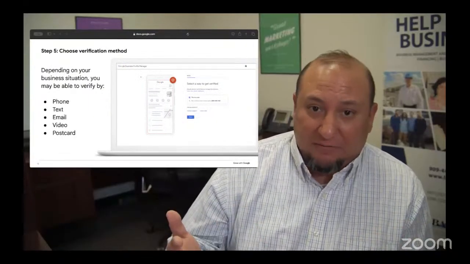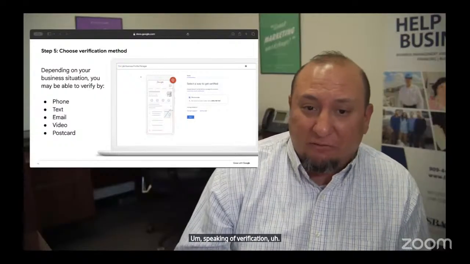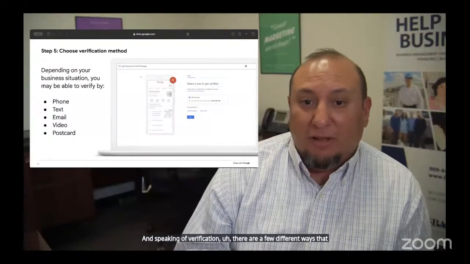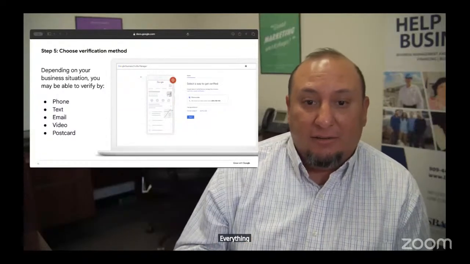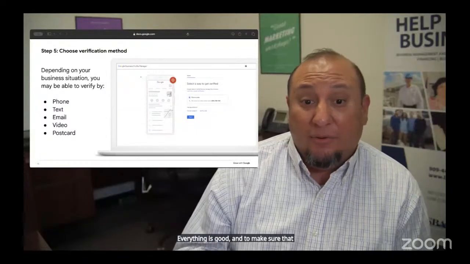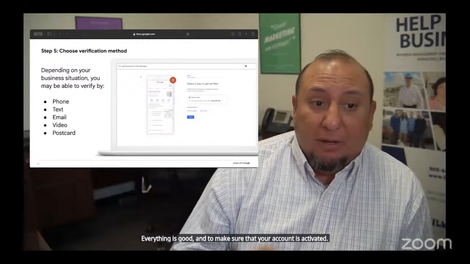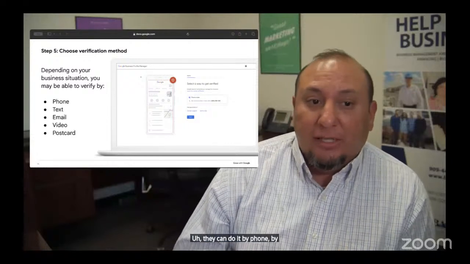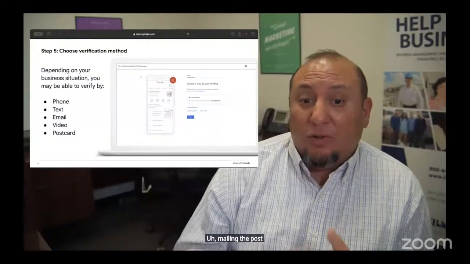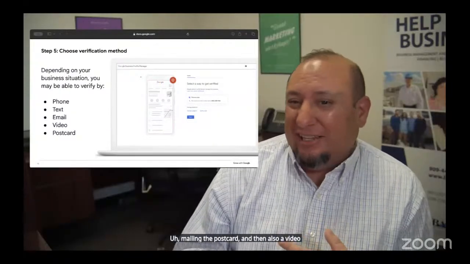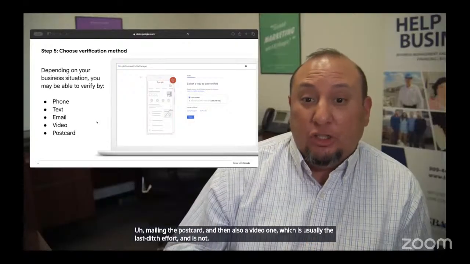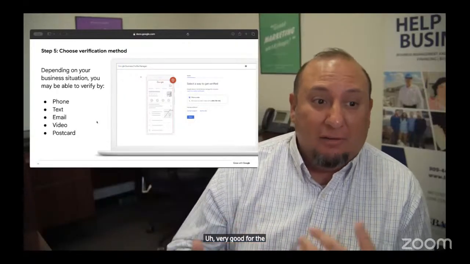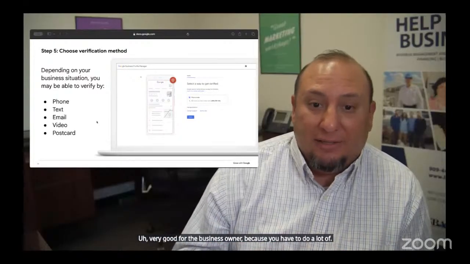And speaking of verification, there are a few different ways that Google verifies your information to make sure that everything is good and that your account is activated. They can do it by phone, by text, email, mailing the postcard, and then also a video one, which is usually the last-ditch effort and is not very good for the business owner because you have to do a lot of recording and things like that.